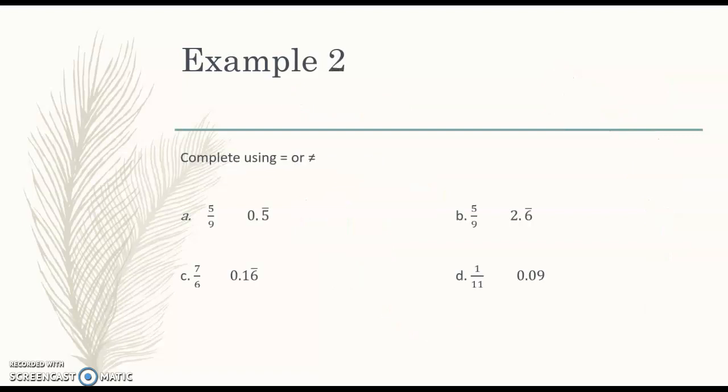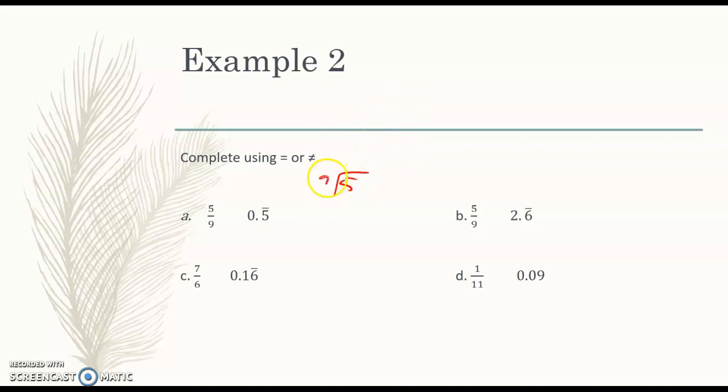All right, so here's our next one. We are trying to say whether they are equal or not equal. And so we're going to have to do some dividing to figure that out. Now, the bar over a number in a decimal means repeating. So like on A, I'm comparing 5/9 to 0.5 repeating. And so now I'm going to take